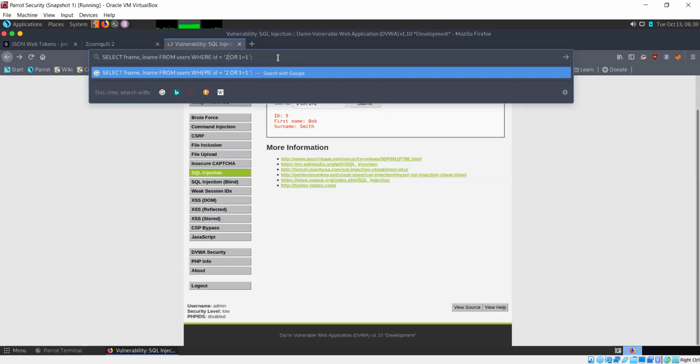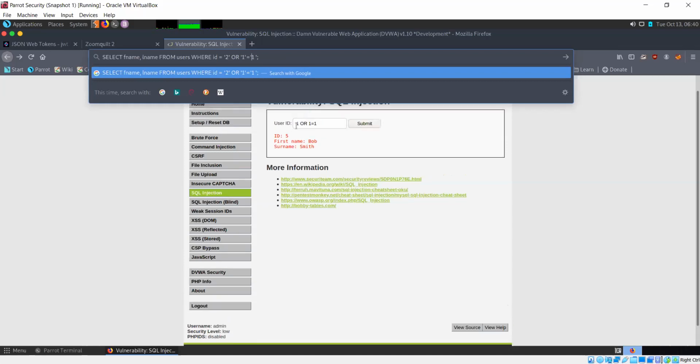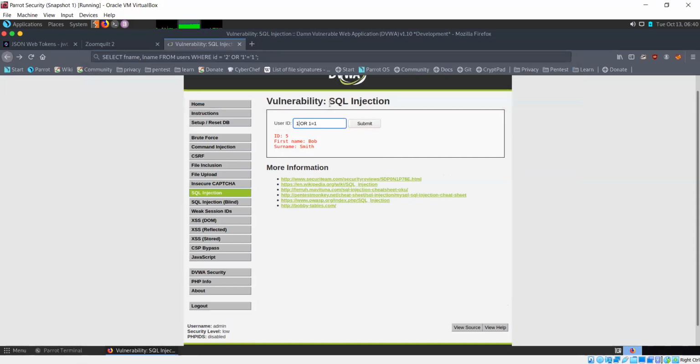Since there's already a quote before and after this, I need to add one here, one here, and one here. So for our statement, what we can do is 1' or '1'='1.